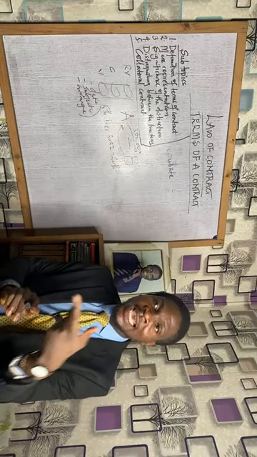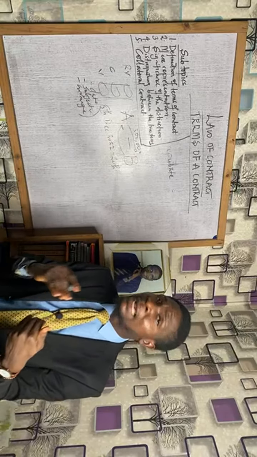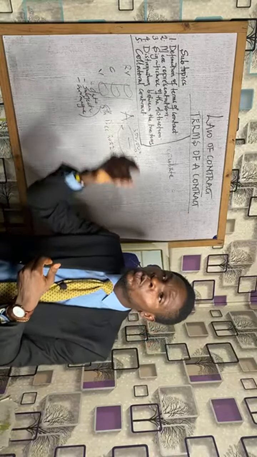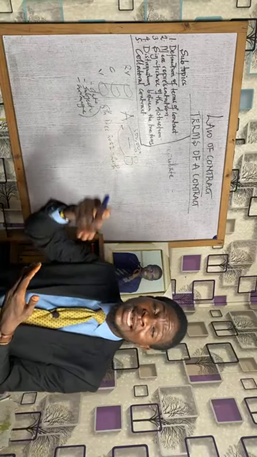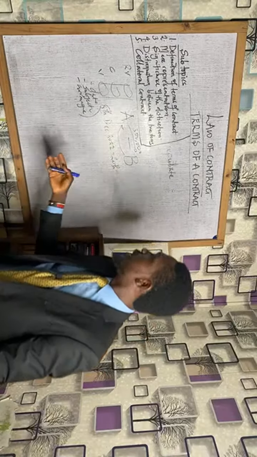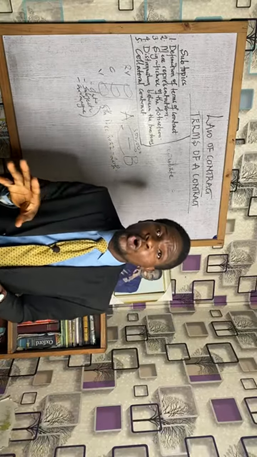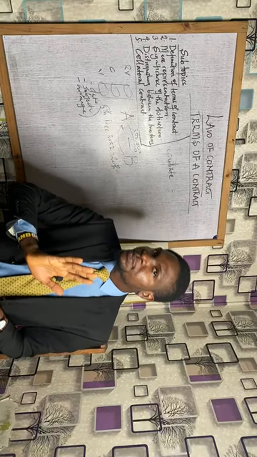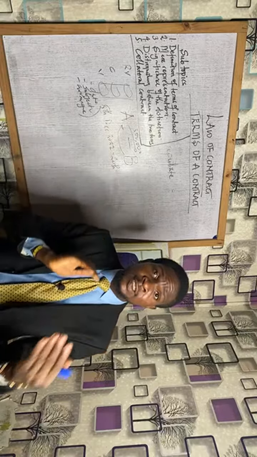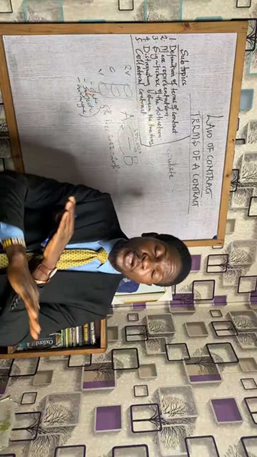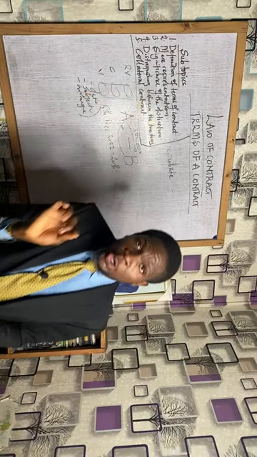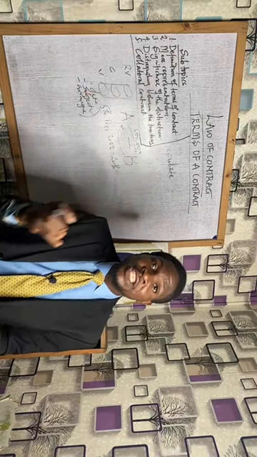Do you understand? So when a condition has been breached, A can repudiate a contract and say, I am not going to pay your money, and in fact you are the one that is going to pay me damages for breach of contract. However, we have another which is known as warranties, which is the fact that although A can say that, A can say that he's going to repudiate the contract, but he can collect damages for the breach of that